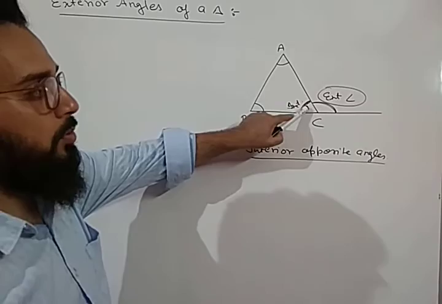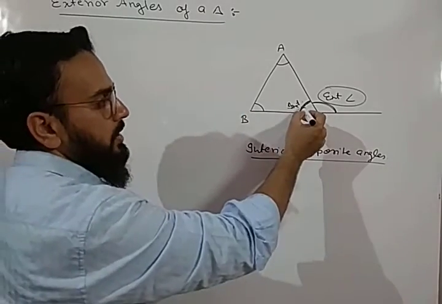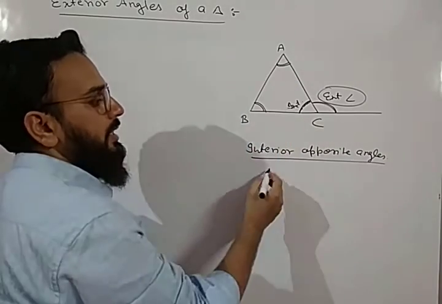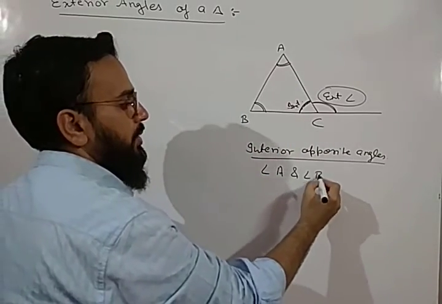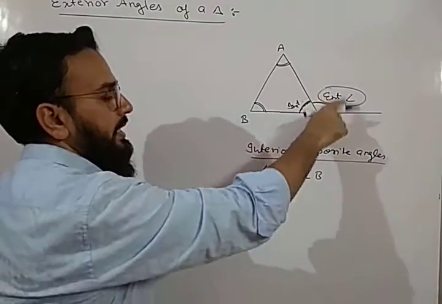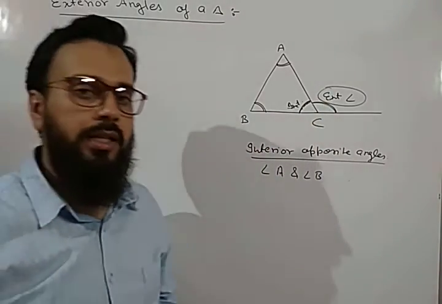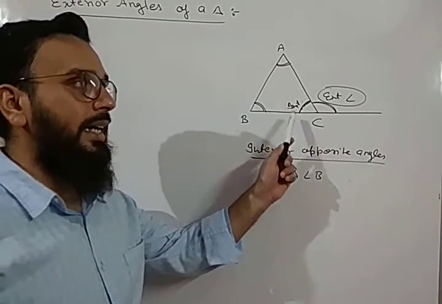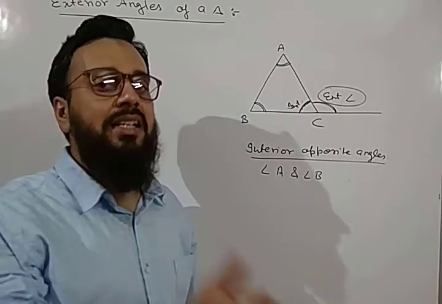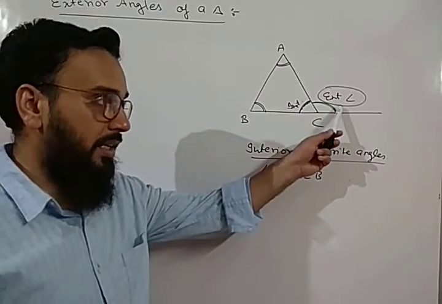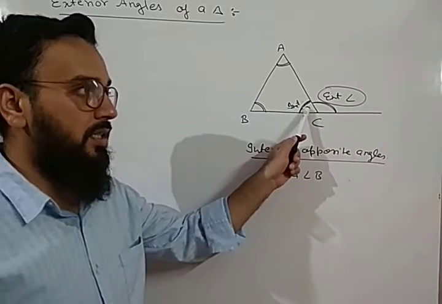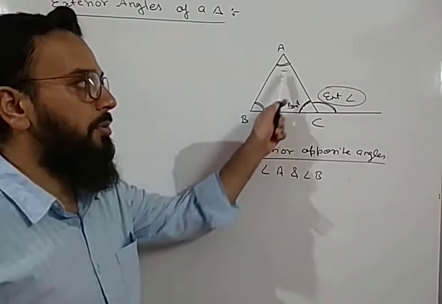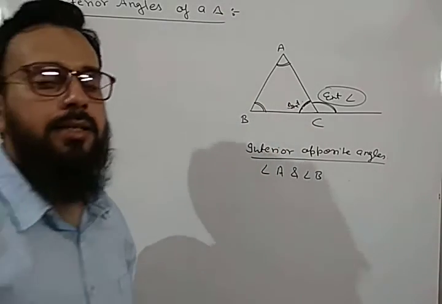The angle opposite to this interior angle. So the angles opposite to this interior angle are this angle A and we can consider angle B. So angle A and angle B are interior opposite angles in this particular case. Clear? So what are interior opposite angles? The angles which are opposite to the interior angle with respect to a given exterior angle. We have given this exterior angle, so with respect to this exterior angle, this is the interior angle, and the angles opposite to this particular interior angle, these two angles will be called interior opposite angles.